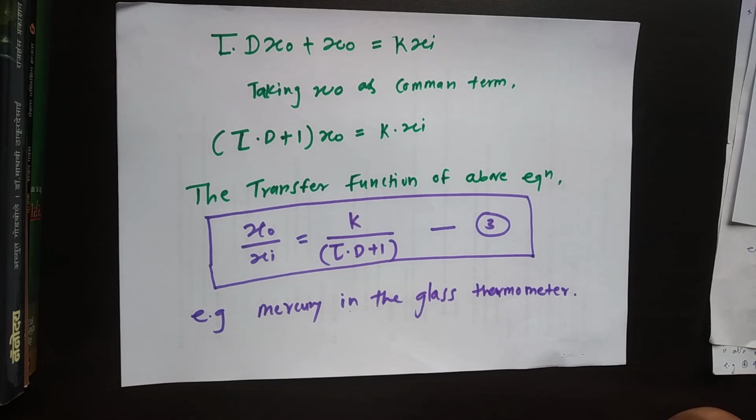So what is the role of this equation? For example, we calculated initially the zeroth order instrument, and now we have calculated the equation for the first order instrument. If you go to any complex system or any complex processing plant or any industry, you have to control many factors.